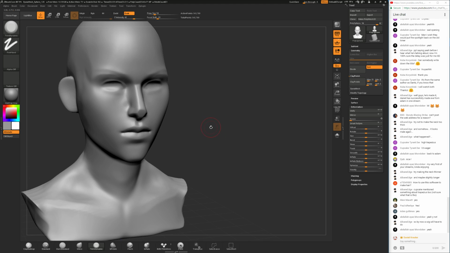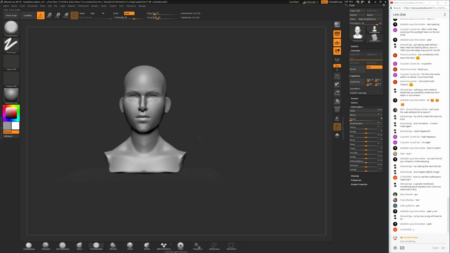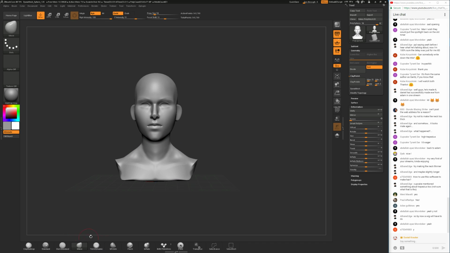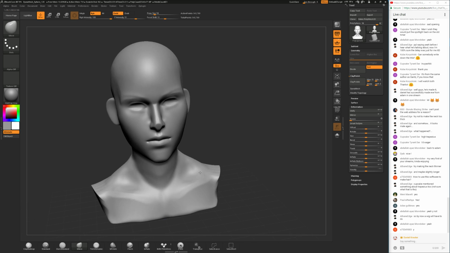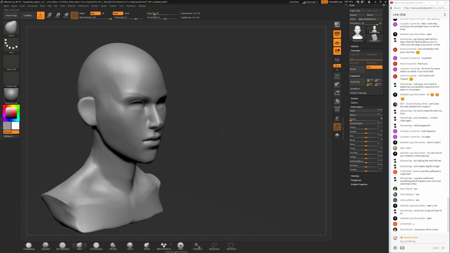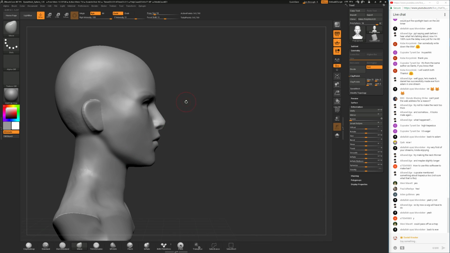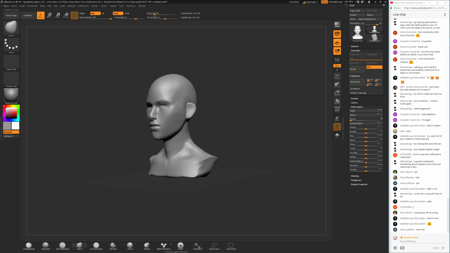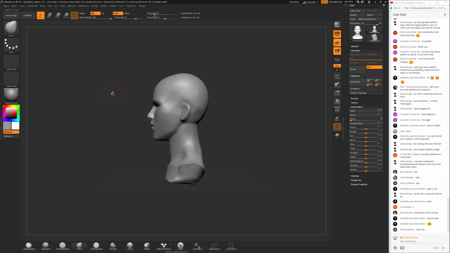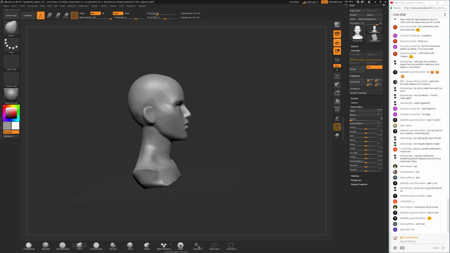Let me not mess it up. I'm kind of tempted to mess around. I'm still missing lots of detail though. It's a very rough sculpt, and lots of the shapes are very smoothed out and not very confident. So it's not a very nice sculpt, but I think I shouldn't invest too much time on that.